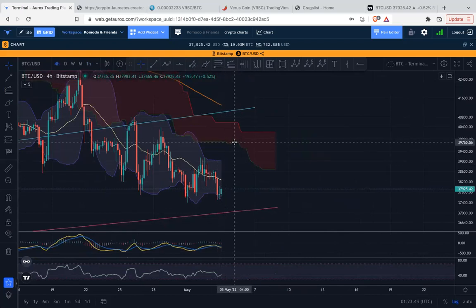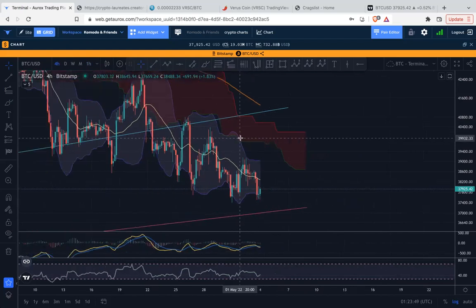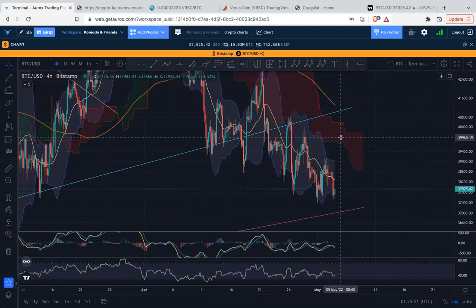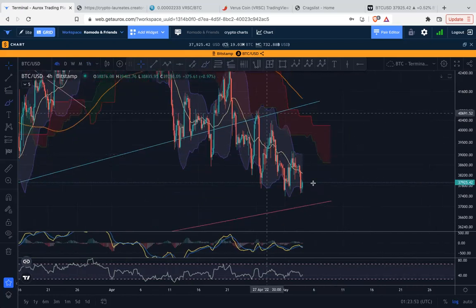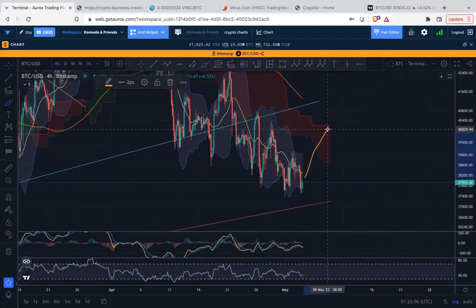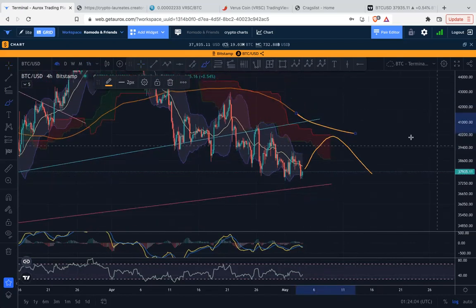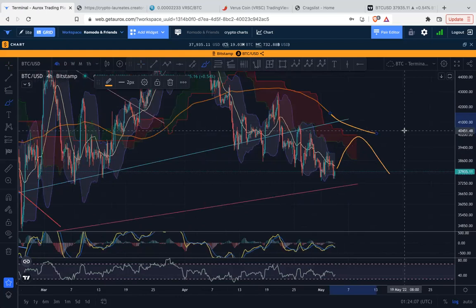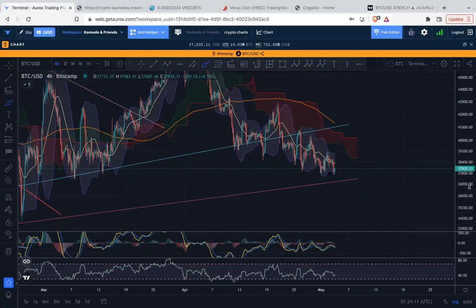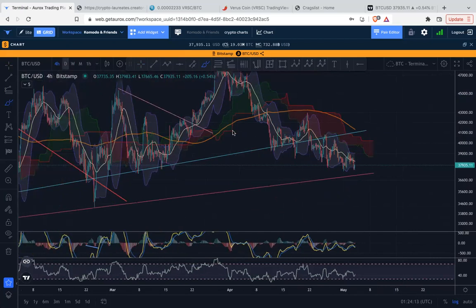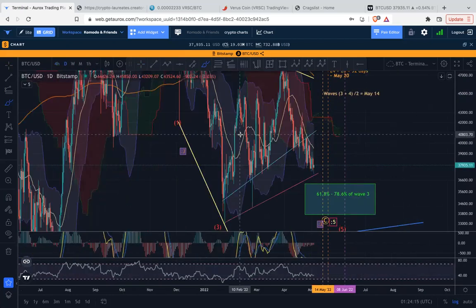High 39s to the 40,000 levels, you start getting into this Ichimoku cloud. So maybe you don't quite make it here on the 4 hour, but in my opinion, maybe you get into the cloud and fight somewhere, but then you break down. Maybe you've got this 200 period moving average coming down as well. Who knows what happens there? We'll see. I think that's my general sentiment reading these charts.